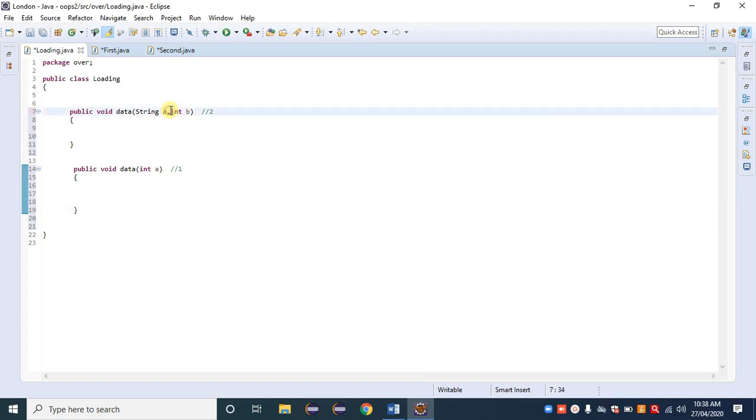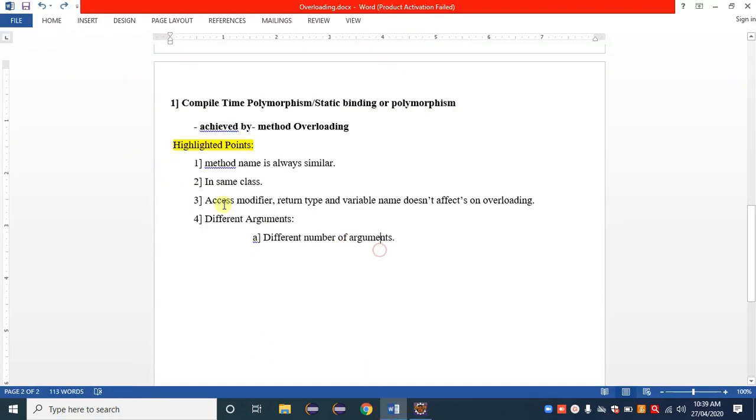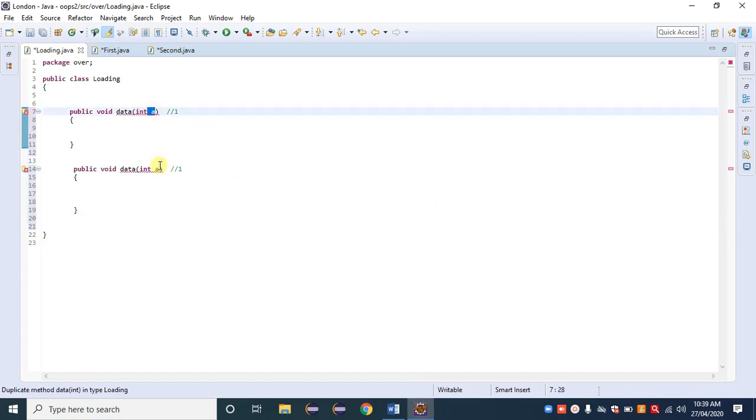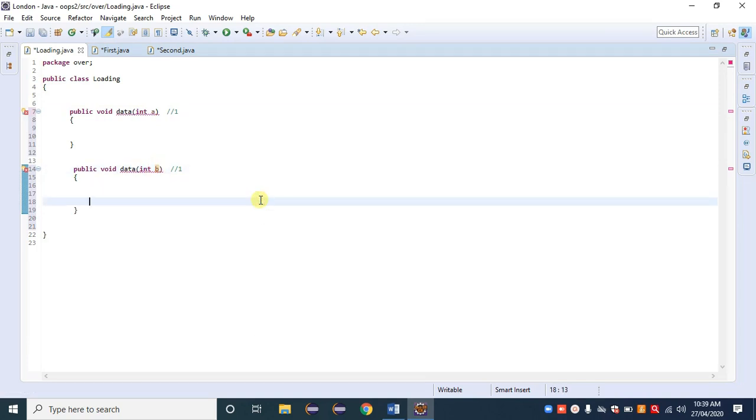Suppose there is one argument available here and again one argument available here. What is the point? Access modifier, return type, and variable name don't affect. The variable name here is A and here the variable name is A. Again, I just change the variable name to B. You simply observe that the error is still there.